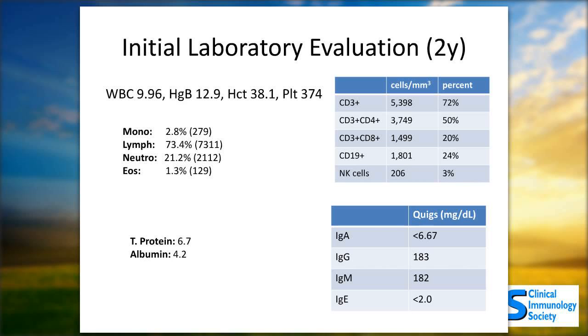The white blood cell count was 9,960 cells per microliter, with a normal neutrophil count of 2,112 and normal lymphocyte count of 7,311. Further immunologic workup yielded normal, if slightly elevated, lymphocyte subsets with CD3 T cells with an absolute count of 5,398, CD4 cells of 3,749, CD8 cells 1,499, NK cells of 206, and CD19 positive B cells of 1,801. Lymphocyte proliferation to antigens revealed normal proliferation in response to Candida, but response to tetanus toxoid antigens did not